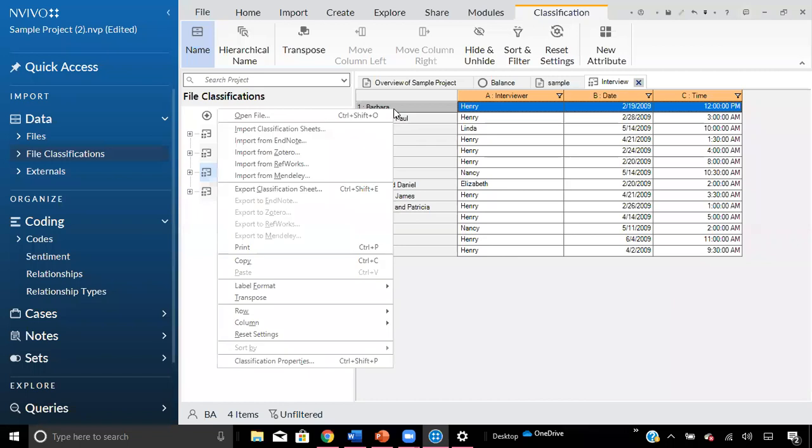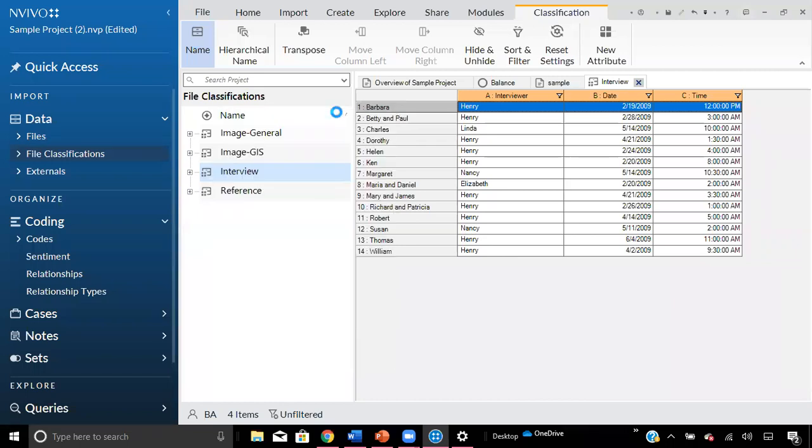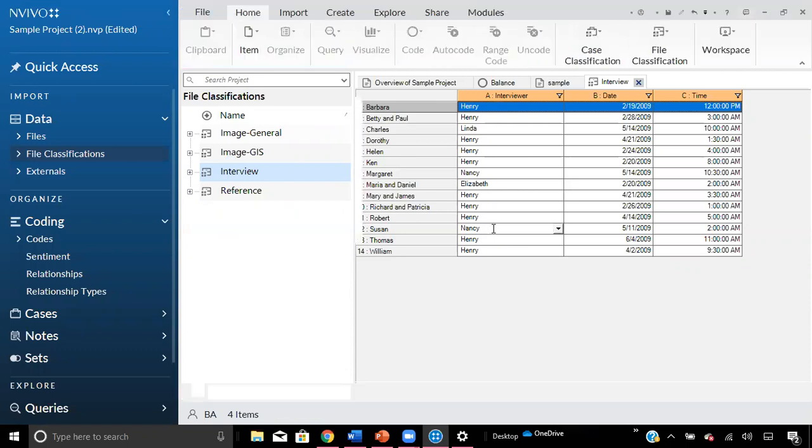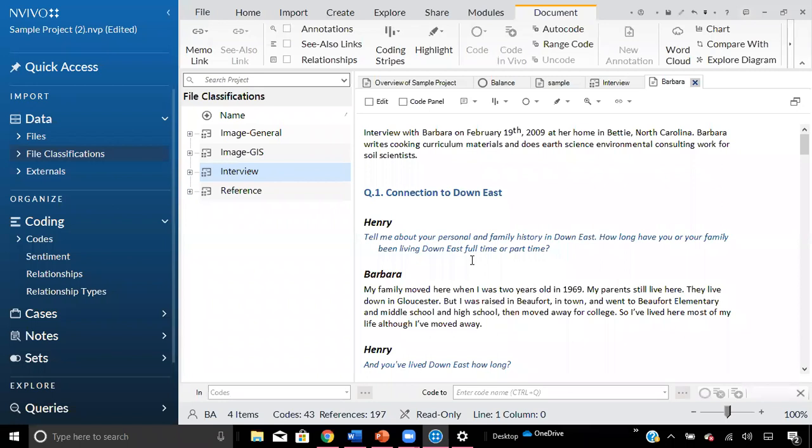So if we right click and hit open file, we can open up one of the interviews that's under our interview file classification. So we're opening up Barbara's interview. It may take a second, depending on how big the file is and how good your internet connection is. There we go. So here we have an interview between Barbara and Henry.